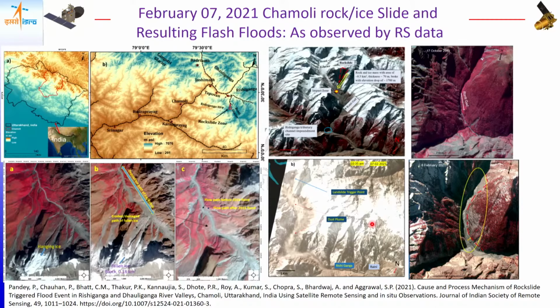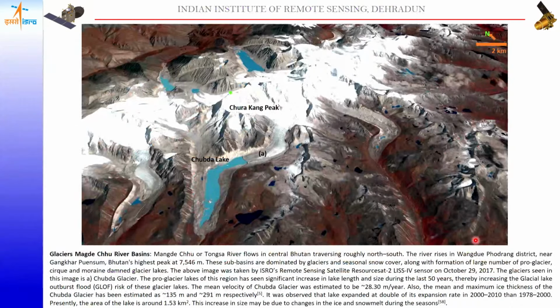And in 2021, there was a unique kind of disaster which happened due to the breach of a big rockfall-triggered avalanche. And you can see here pre and post image in this Rontigad watershed, where the water level at this 90-degree bend went up more than 75 to 100 meters. And such lakes are very prevalent in the eastern Himalaya region, much higher concentration in eastern Himalaya as compared to